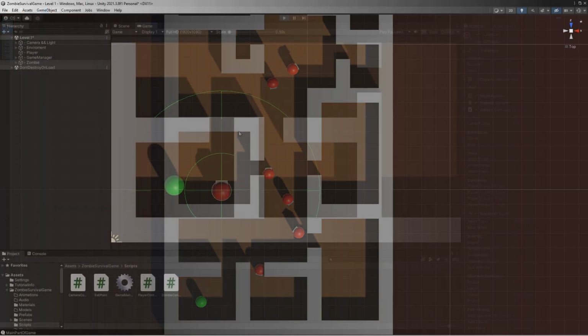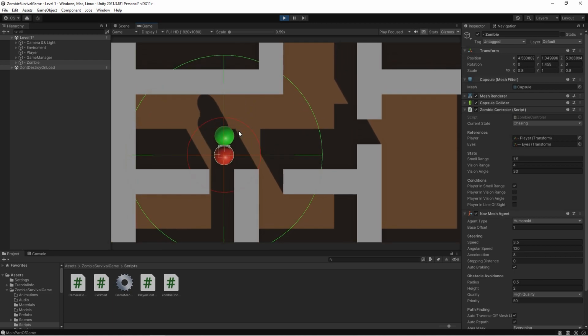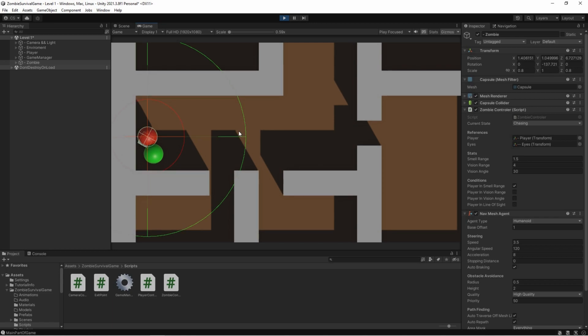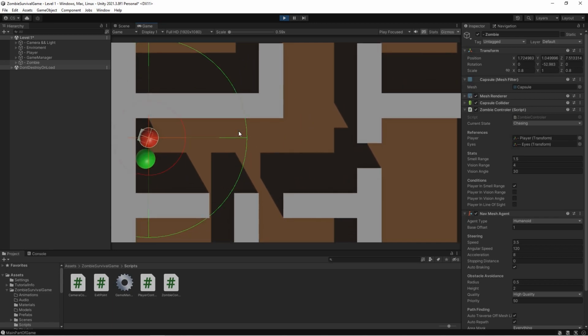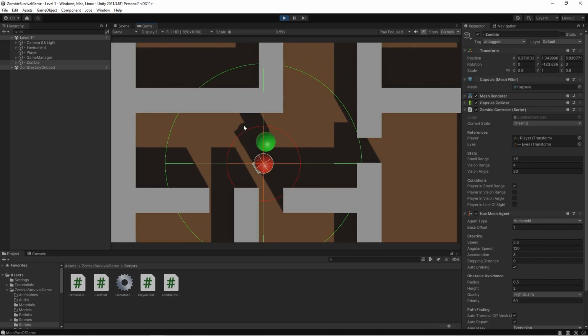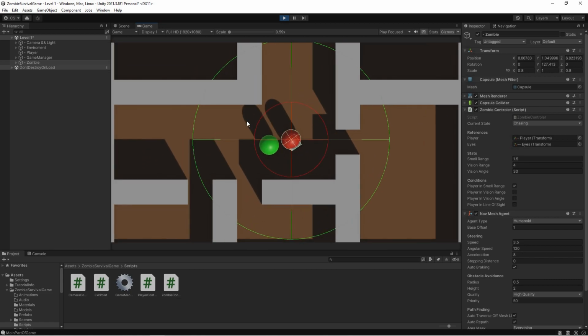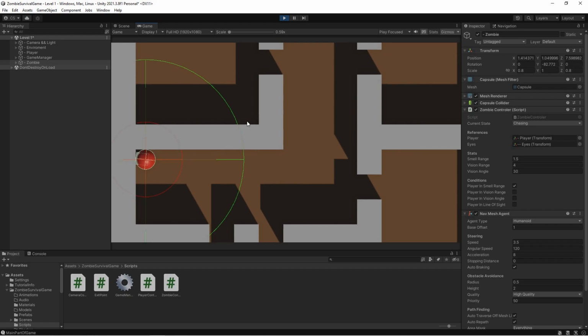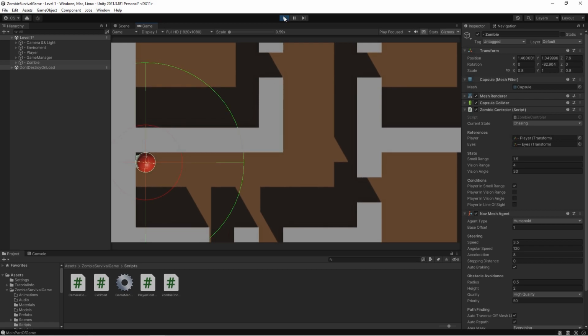Let's begin by addressing a bug from the previous episode. The issue occurs when a zombie chases the player and starts pushing them into a wall. Despite both elements having colliders attached, the zombie is able to push the player through the wall. This bug arises because the player is moved through physics, while the zombie moves by navmesh, which relies on the